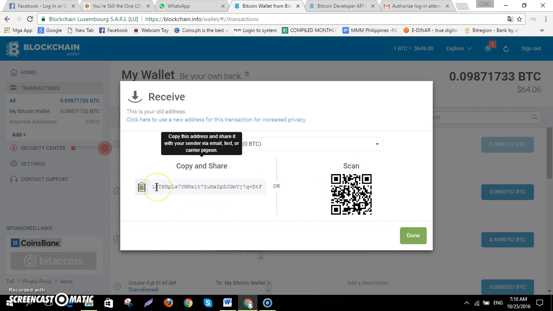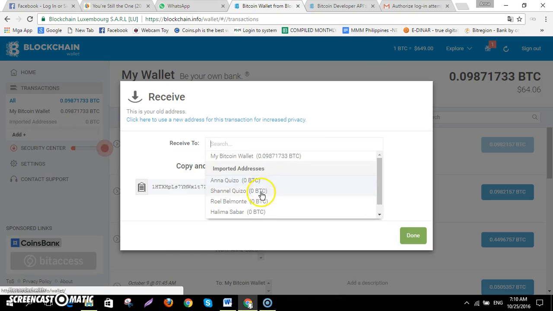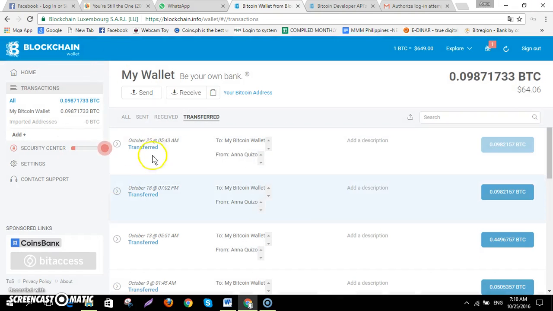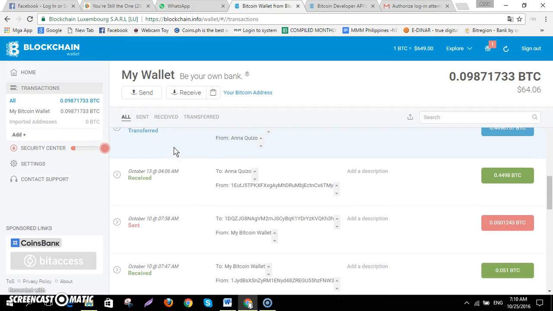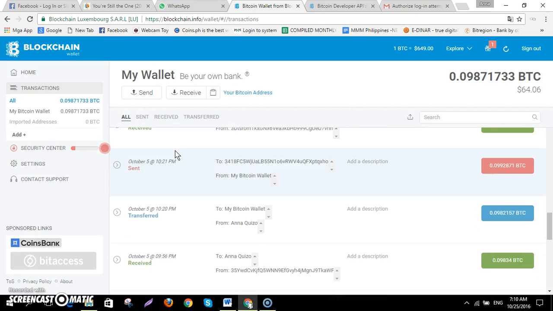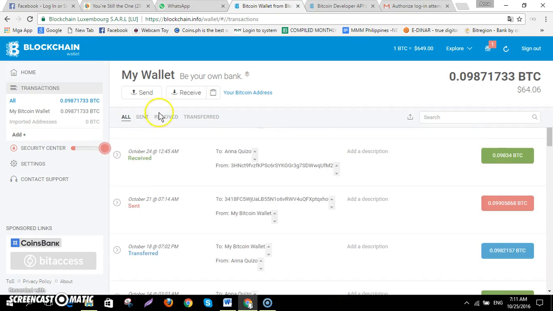So this is the wallet address, and the QR code if you want to use the QR code, because some technology requires a QR code when you are paying your transactions. And here are the different sub-wallets that I'm using in my account in BitRegion. So let's move forward. If you want to see all the transactions, just click it here. These are the transactions that have been initiated by my own wallet since I started using this Bitcoin.